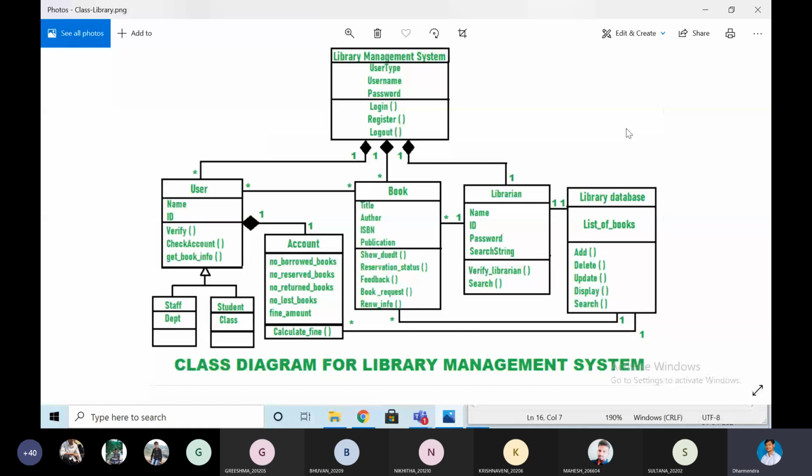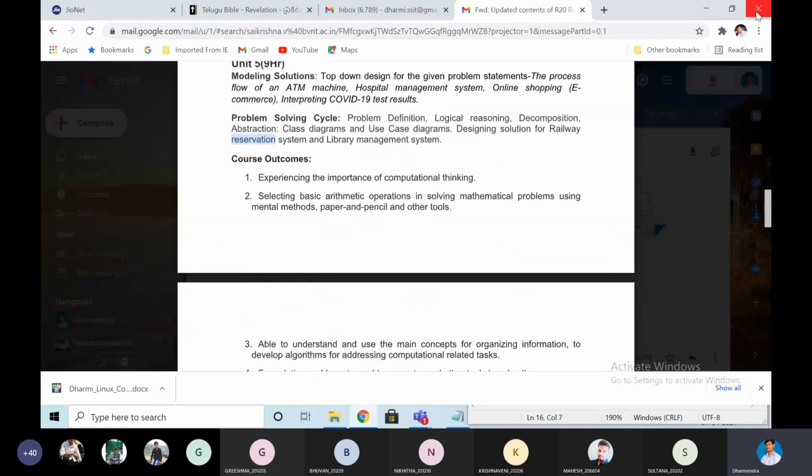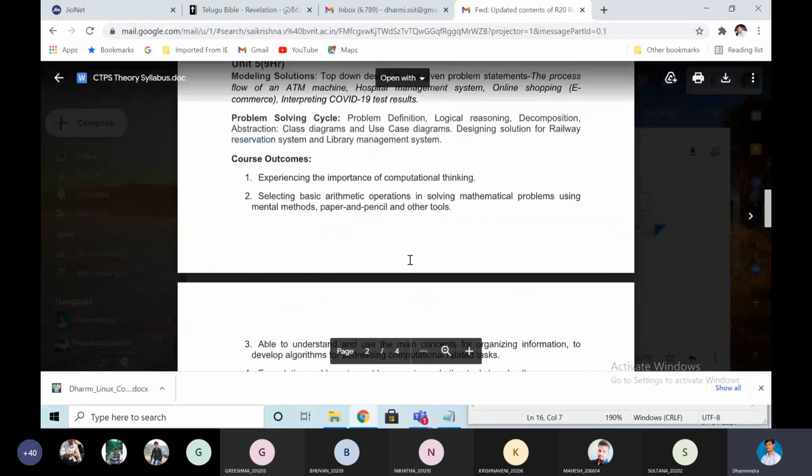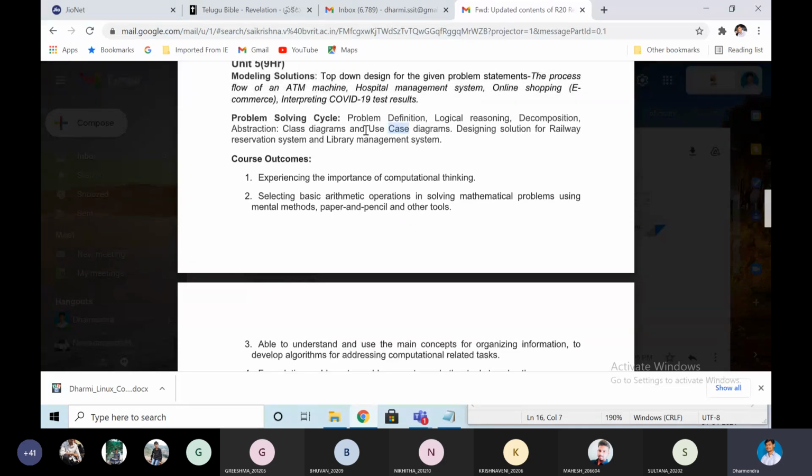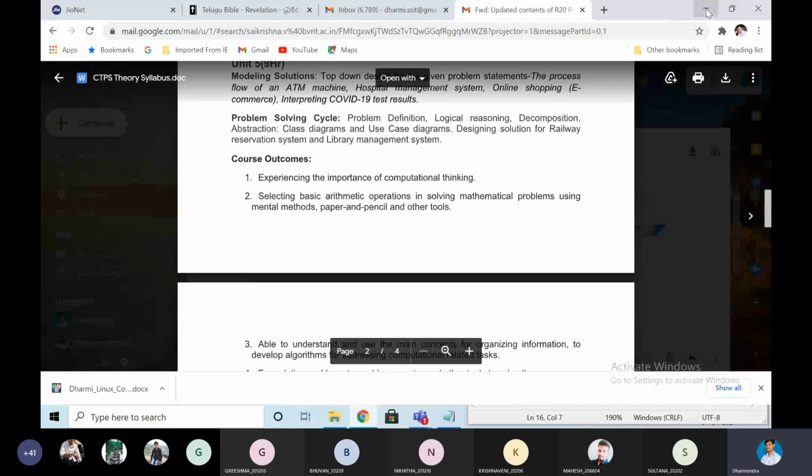Now let's go with another type of diagram, that is the use case diagram. Observe here, use case diagram.